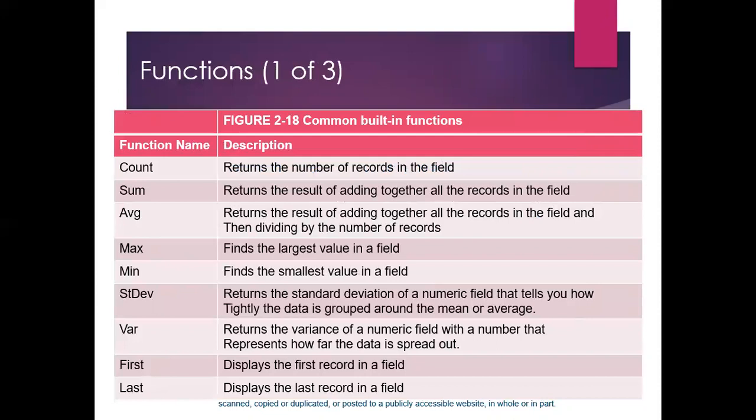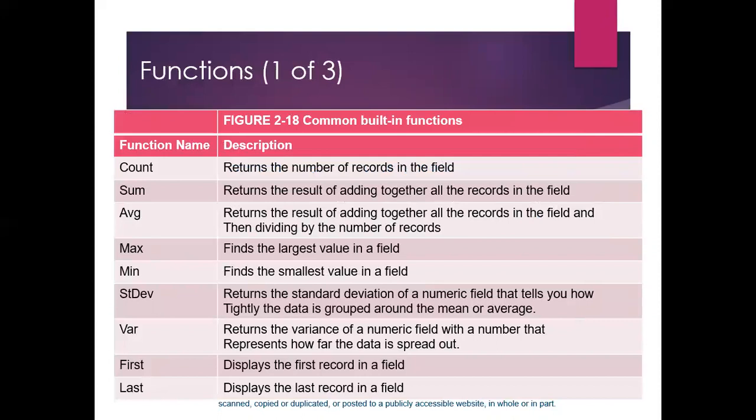Some of the common built-in functions in Access are the count, which of course returns the number of records in the field, the sum, which returns the result of adding together all the records in the field, average, which returns the result of adding together all the records in the field and then dividing by the number of records,